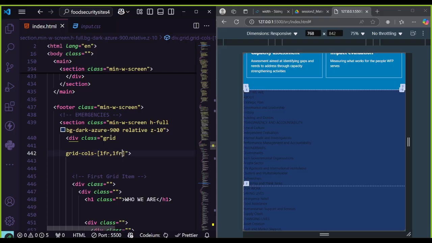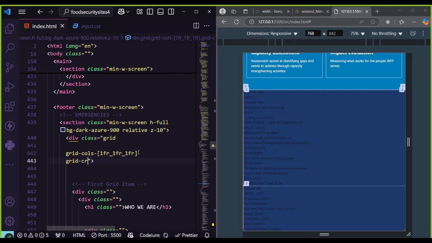The reason I'm using fraction, 1fr, 1fr, 1fr, is because I wanna make the ratio the same whenever you move into different screen sizes. If you use pixel, then whenever you change the screen sizes, it's gonna stick with that pixel. If you use fraction, then it's basically gonna maintain the ratio relative to the screen size you're using. So next we wanna put grid rows,